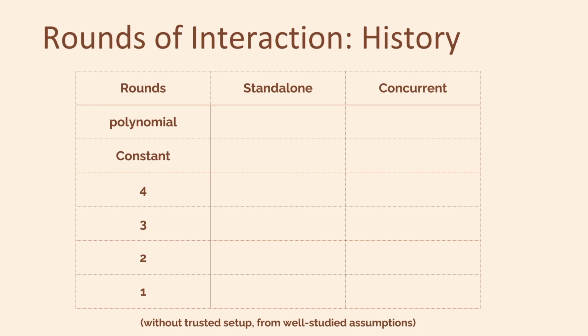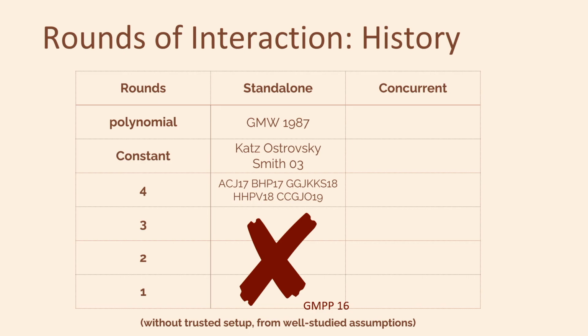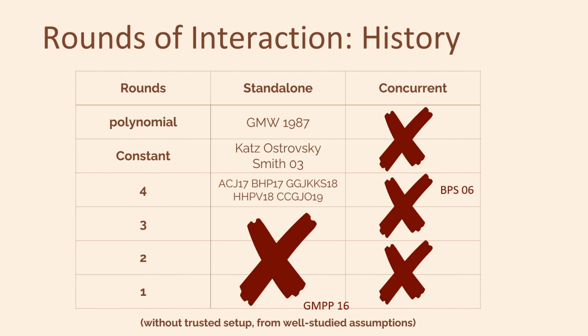So in this talk, we'll focus on these two goals with respect to protocols that work in the plain model. That is, they don't have any trusted setup phase and they don't have a random oracle. So in this setting, a long sequence of works has eventually shown that it's possible to achieve security in 4 rounds. On the other hand, it's also been shown that this is the best we can hope for, that 3 rounds is impossible. And unfortunately, it's also been shown that concurrent security in any number of rounds is impossible in the plain model.